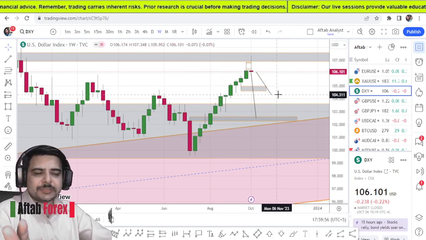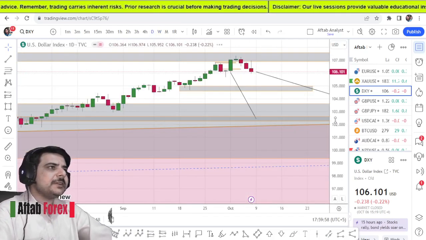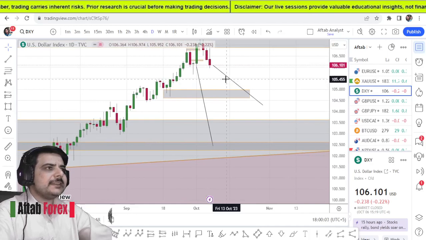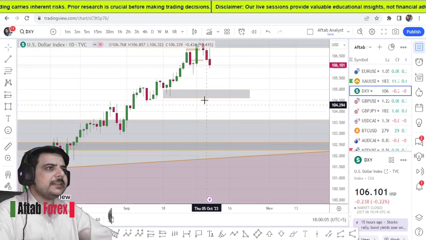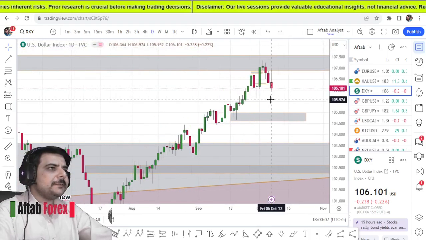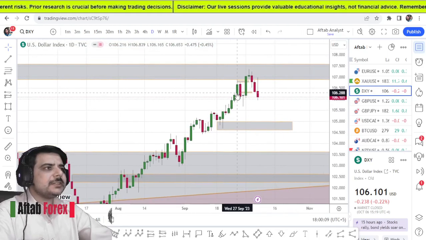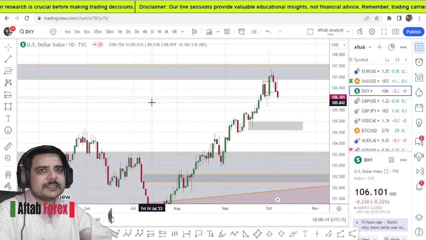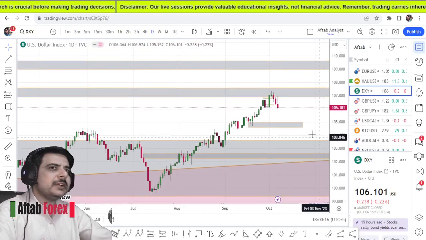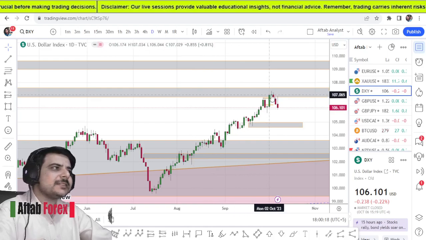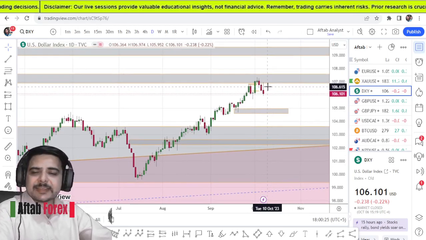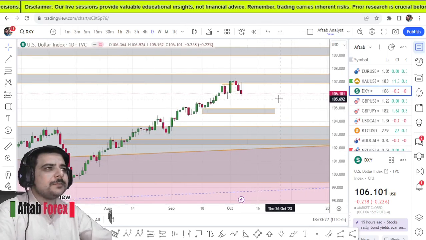This one sell opportunity no doubt seems very nice, but if we have a look at it right here, I'm just deleting these lines. Right here I was expecting that this is going to create a double top. Well, we didn't get a double top, but this level, you can check out my previous video. I clearly marked this level of around 107.63 and 106.74, and exactly the market bounced off from the same level.